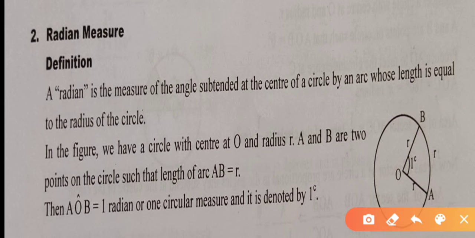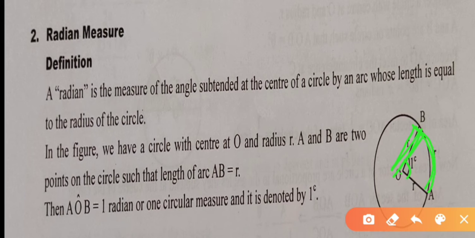Or it is given here. This is the arc of a circle, this is the center point, and this is the angle, 1 radian, right? The arc is equal to what? The radius of the circle, from the center to the end of the circumference. It is the radius, right? Arc equal to the radius is nothing but your radian here.